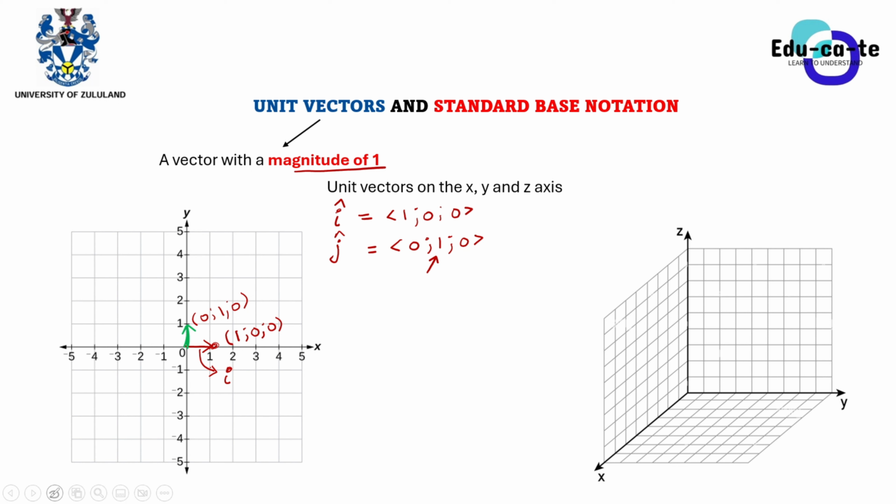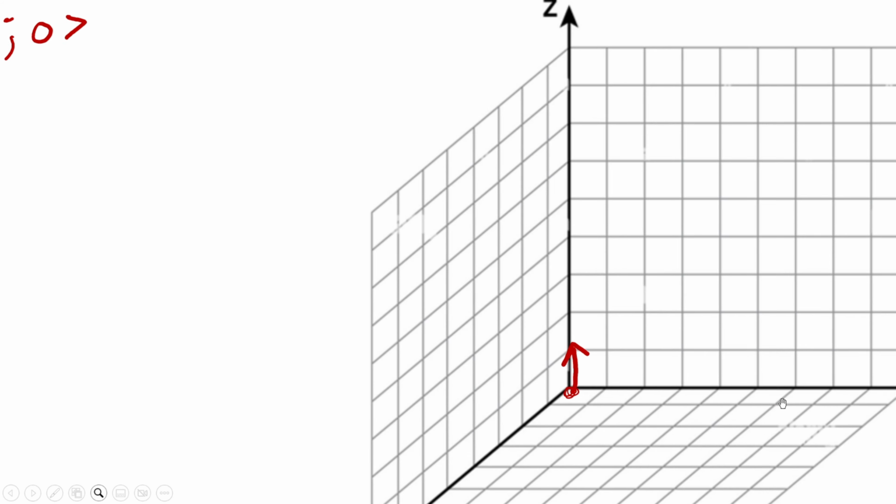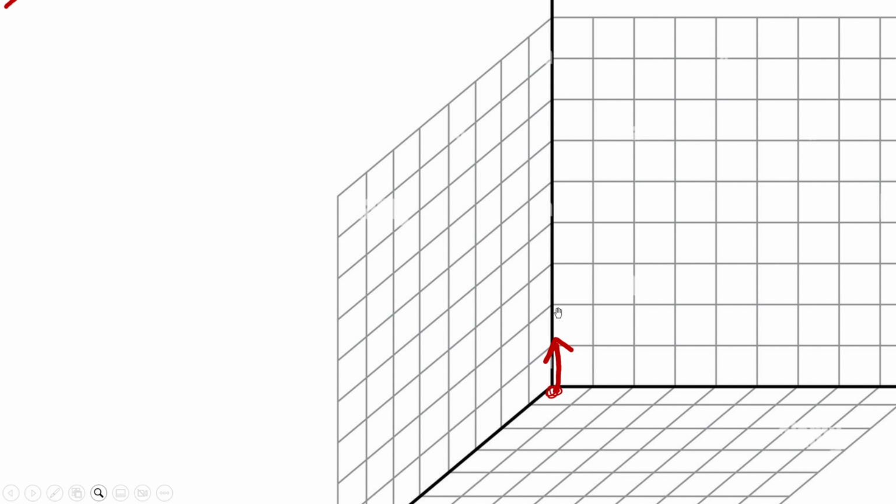So basically, if we extend it to the Z Cartesian plane, we can draw a vector. This is the origin. Remember, this is the origin. So we can draw a unit vector, or a vector with a length of 1, from the origin along the z-axis. Let me just zoom in so that you can see. You can see that this is the z-axis. This is z equals 0, x equals 0, y equals 0.